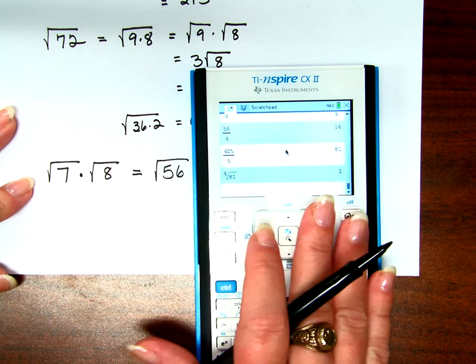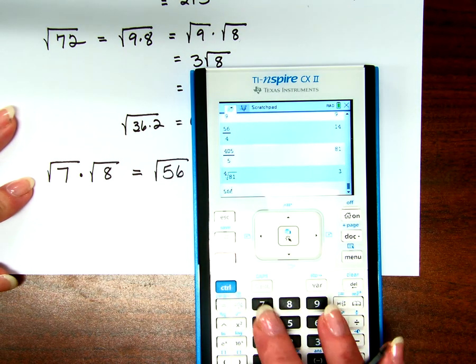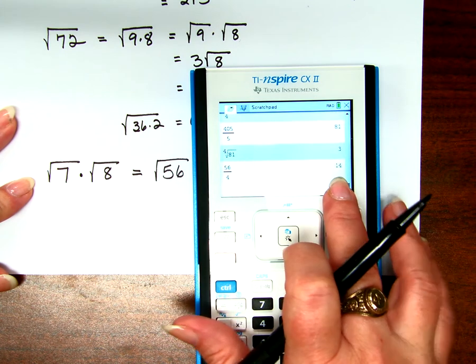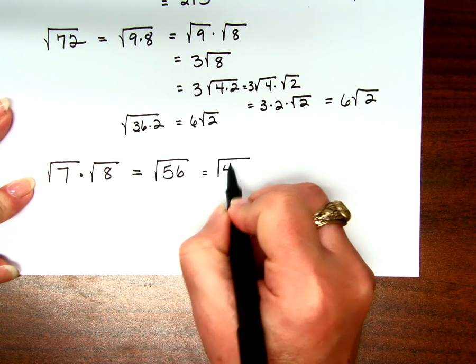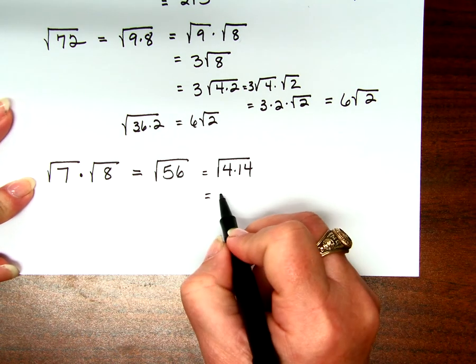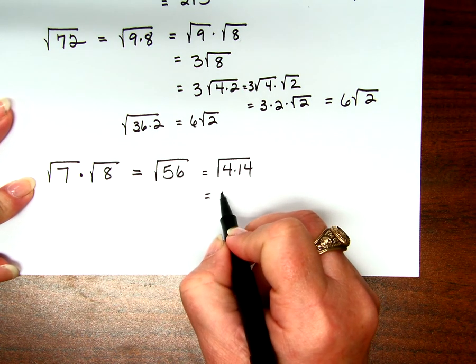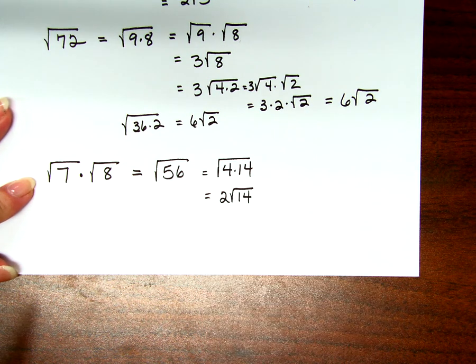This friend never talks back to me. 56 divided by 4. Oh, look, 14. 4 times 14, which is